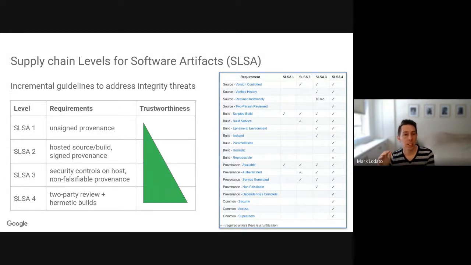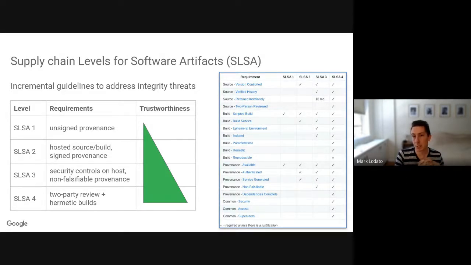We have a set of controls that the source and the build platform have to implement to make the provenance more trustworthy, which prevents certain types of attacks of someone falsifying the information in the provenance. Like, for example, if there's 2 builds running concurrently, doing an RPC from one to the other for reading its memory or something like that. And at level 3, those threats have to be addressed.